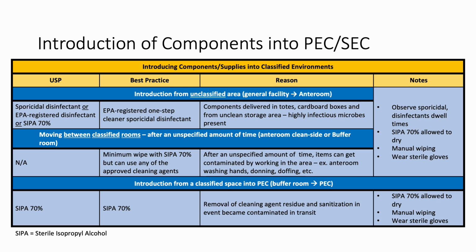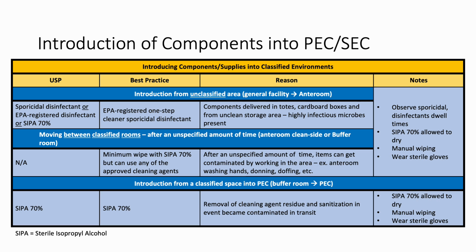But actually what we should be doing is always using that sporicidal disinfectant because anything and everything can be on these items. They can be covered with molds and funguses and spores. They're stored in cardboard boxes. They come from refrigerators or even totes that are dirty. So everything and anything can be on these, and we want to keep that stuff from getting into our room and contaminating it. Now, in a perfect situation, once it's wiped down with the disinfectant, and if it's ready to be used and compounded with, the compounder can take it, wipe it down with sterile IPA 70%, and introduce it